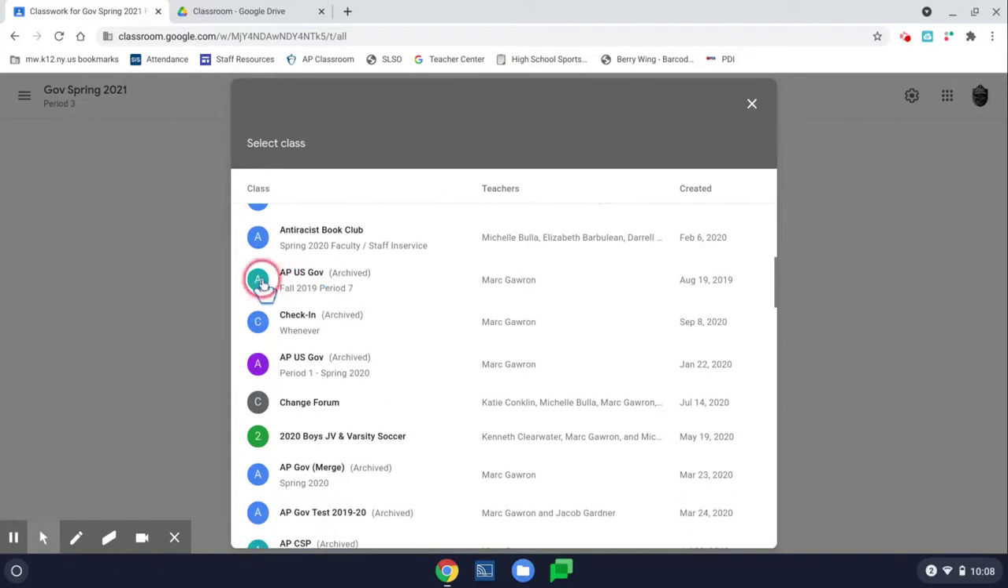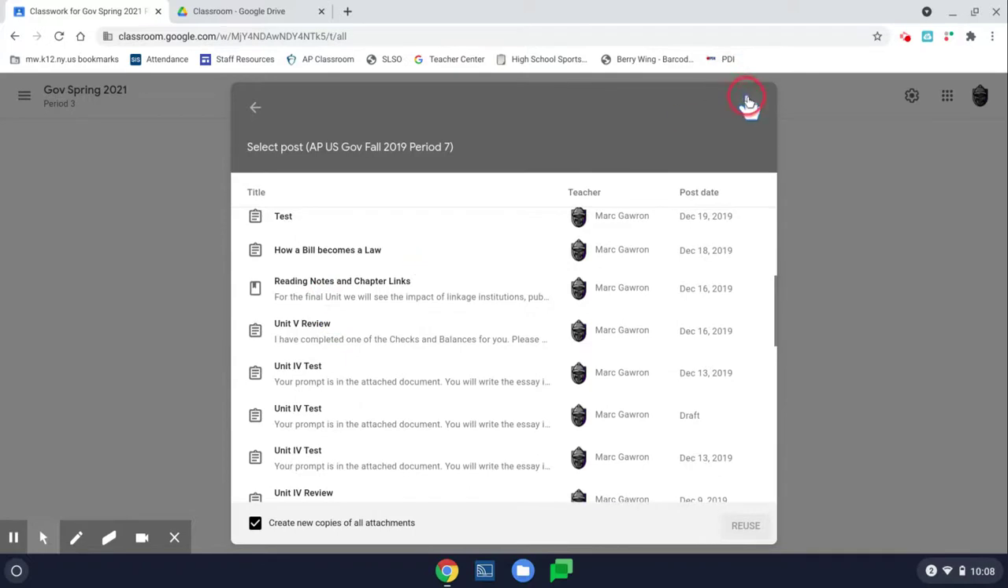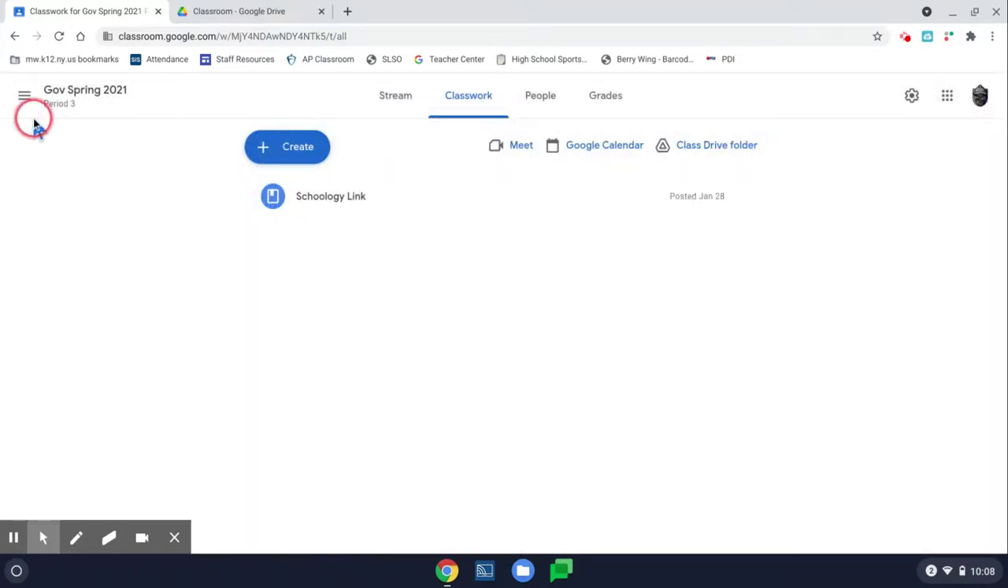So you notice, look at this one. It says archived. It will even search my archived classes. That's why we don't delete classes. We archive them. And now I can go into any single one of the assignments and reuse it. Nice and simple. Now, as a pro tip,